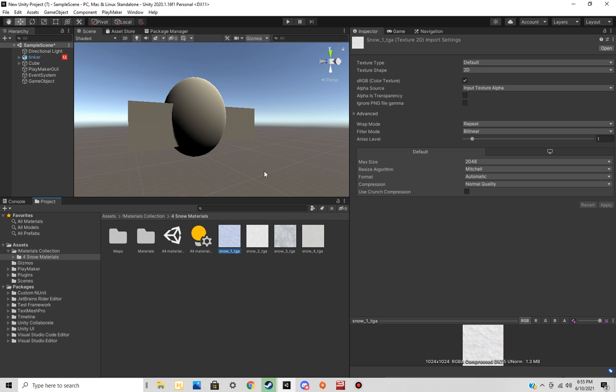I have materials. A material is slightly different from a texture. A texture is how it looks. A material can be how it looks, but it can also be how physics affects something. I can make something bouncy. I can make something slippery. A material can be a lot of different things. So if I toss this onto,